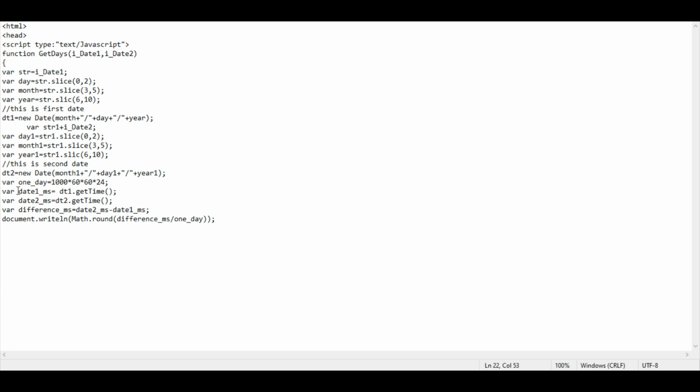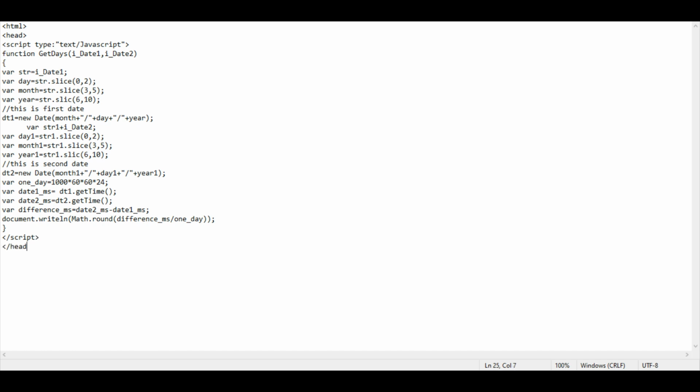Just check if this line is correct. Okay, and then we close our curly bracket and we end our script. That is all the change we have to do here. We have more coding to do here.